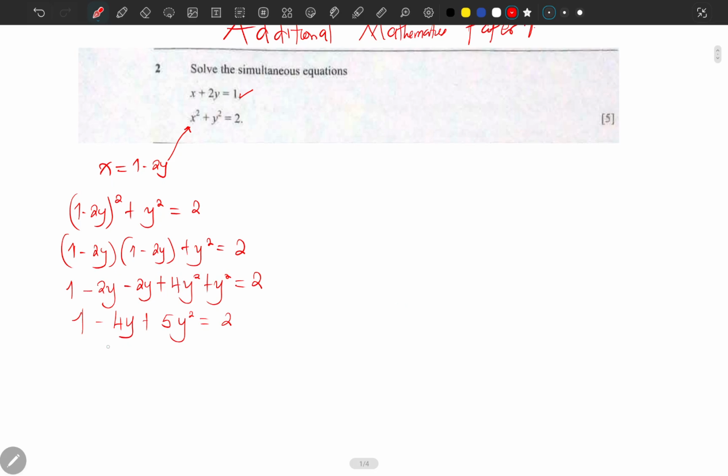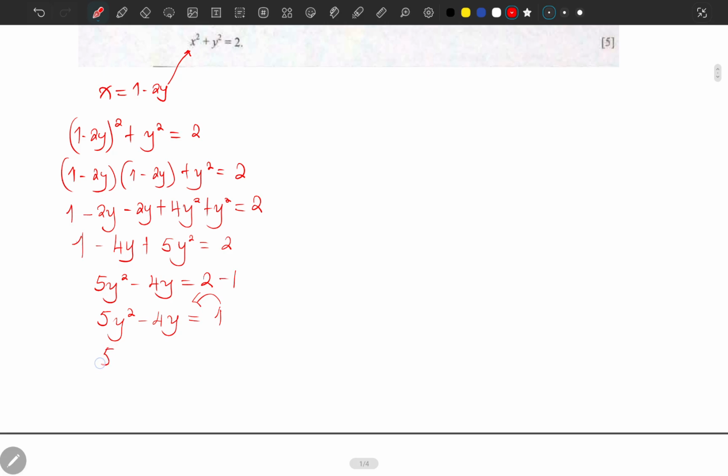Correct? Now we have 5y squared minus 4y equal to 2. This goes the other side, becomes 1. So we have 5y squared minus 4y equal to 1. We can take this one the other side so that we can have 5y squared minus 4y minus 1 equal to 0. Now this can be solved by